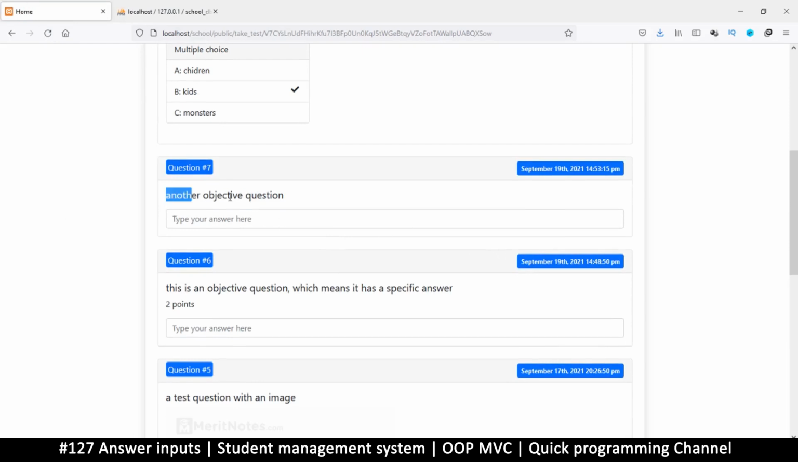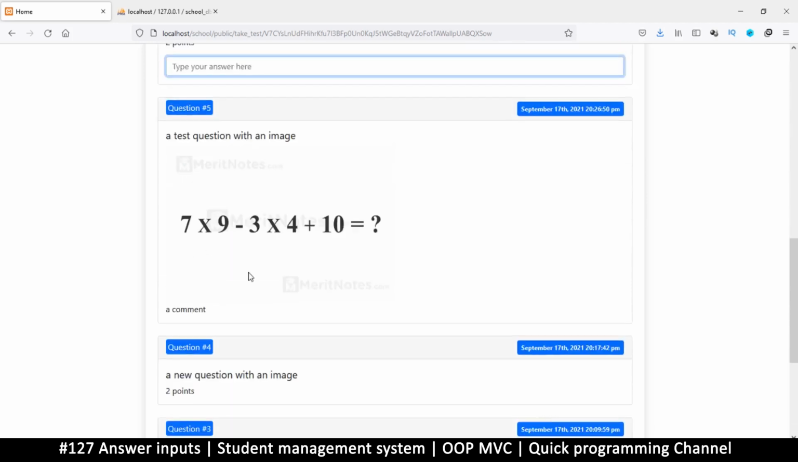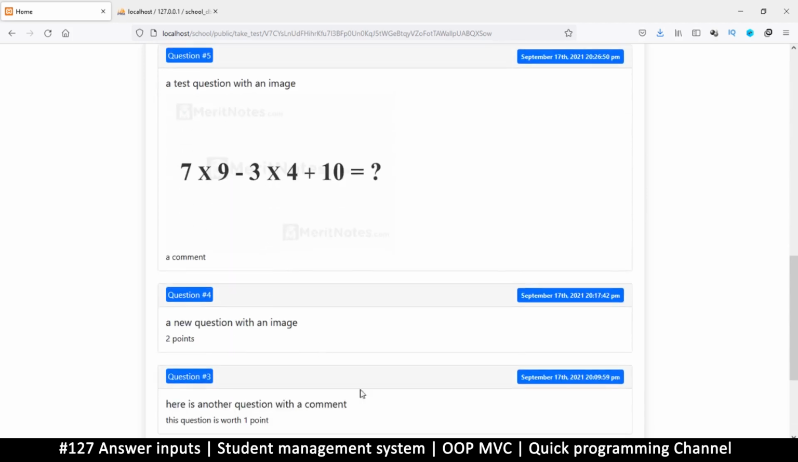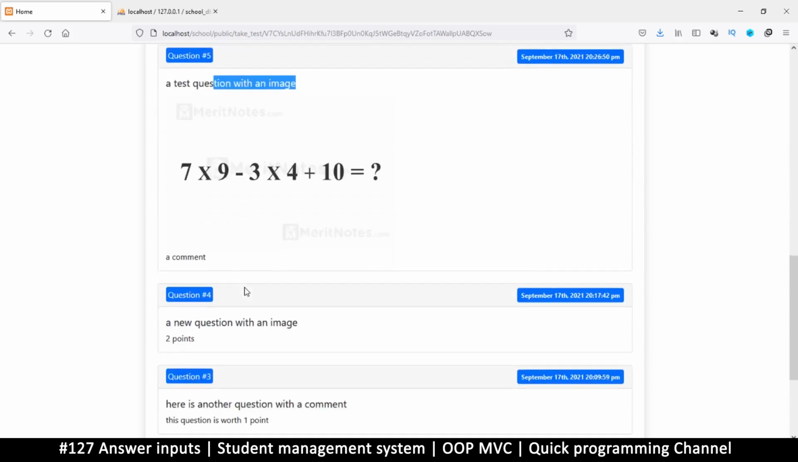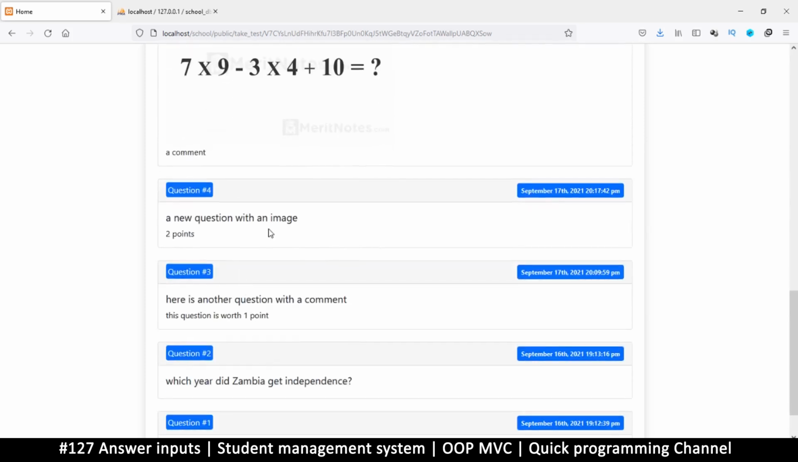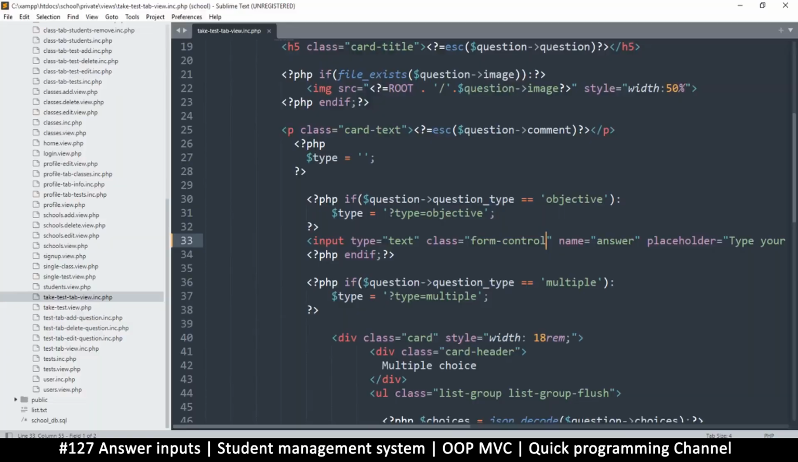So another objective question. So this could be a question, what, and then you type your answer there. Just keep going and you type your answer here, etc, etc. So why is this one doesn't have one? What's going on? New test with image. Okay, so copy that,